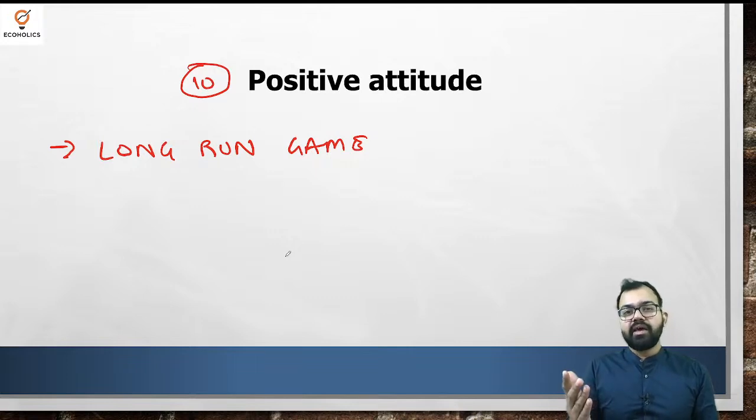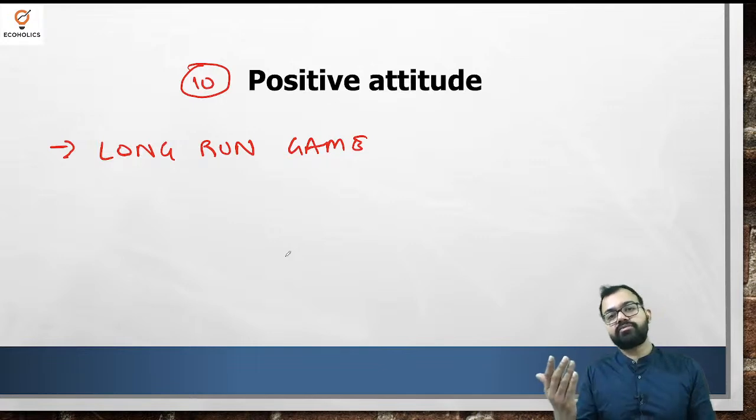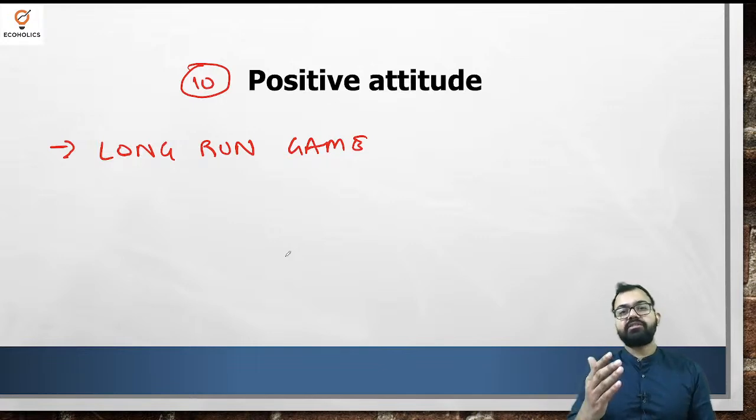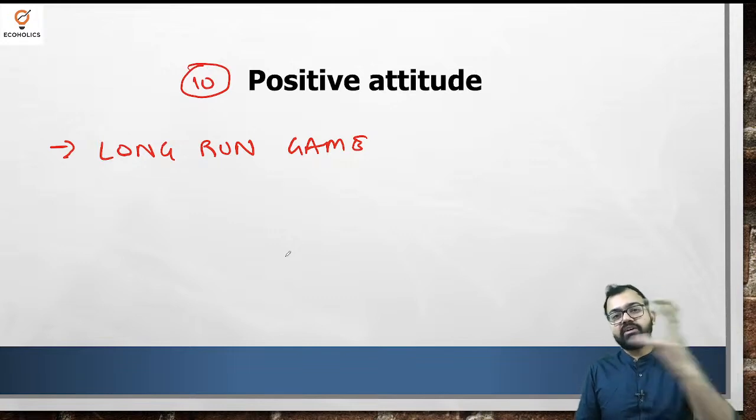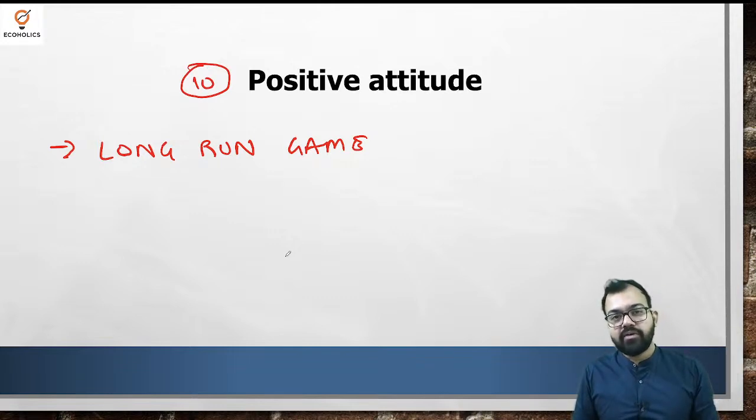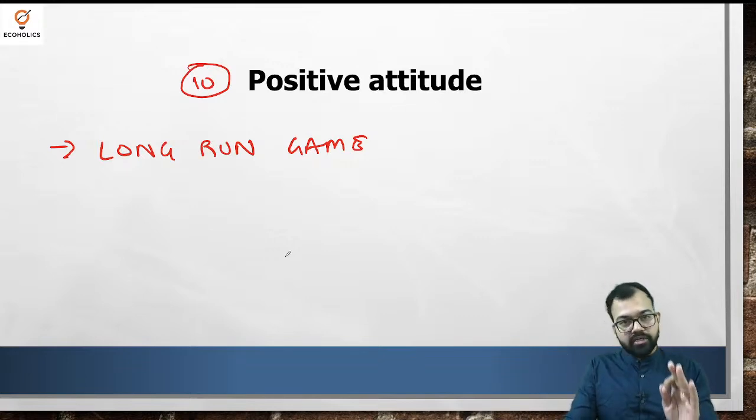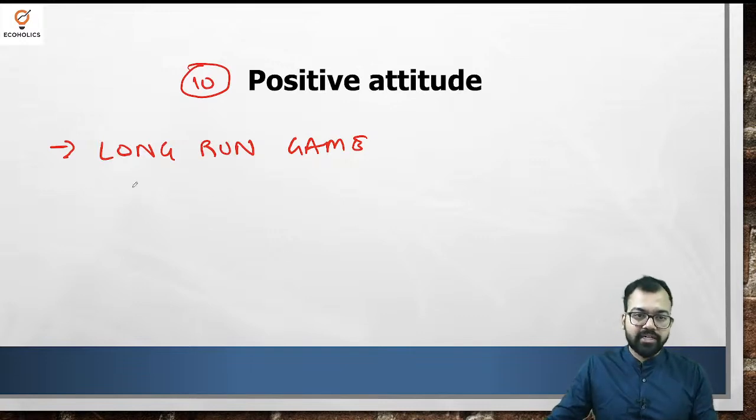Virat Kohli scored how many centuries, scored crucial runs for the team. If he fails to score in one particular single match, those fans convert into critics. Virat Kohli does not go to them individually to shut their mouth. What he does is, in the next match, he tries to score a century. Okay, I hope you understood the idea of positive attitude. It's a long run game.